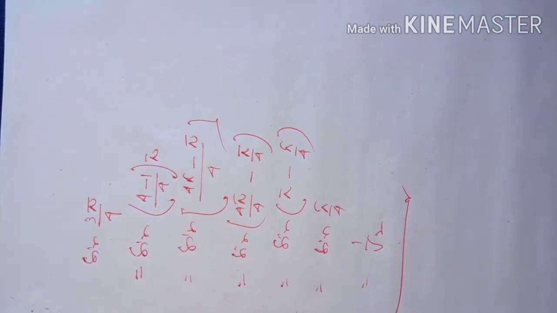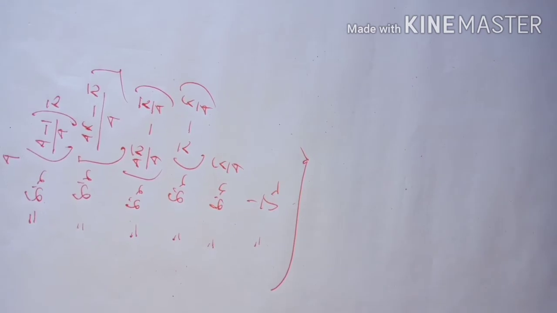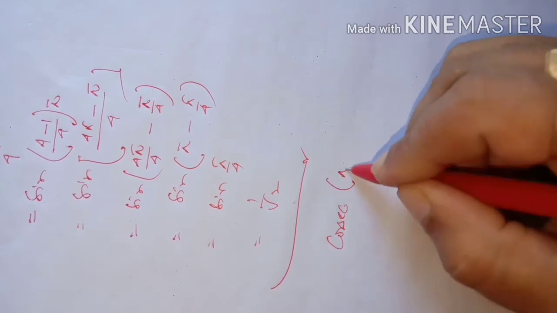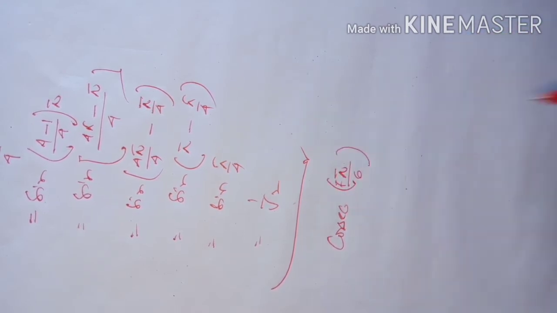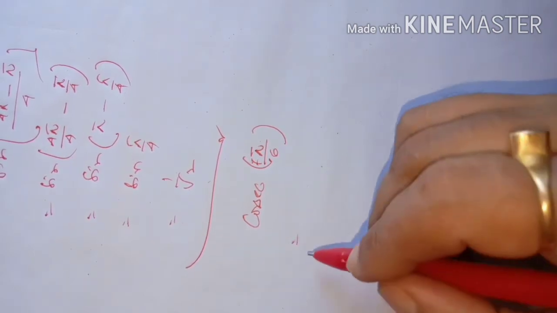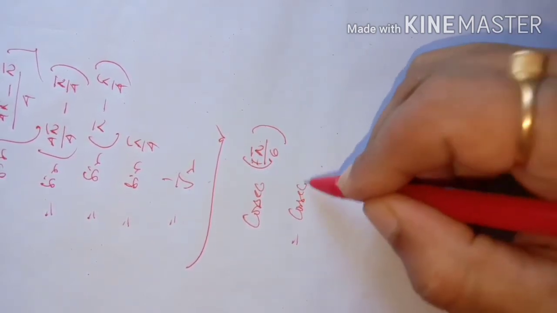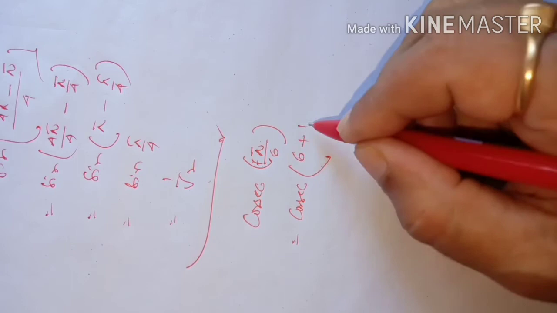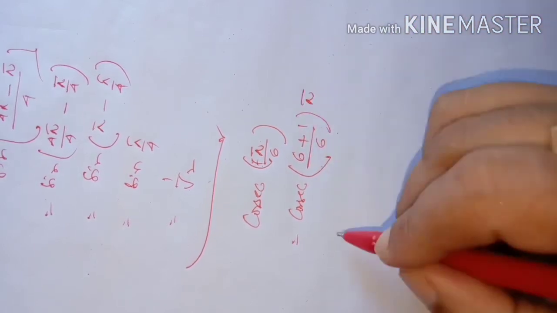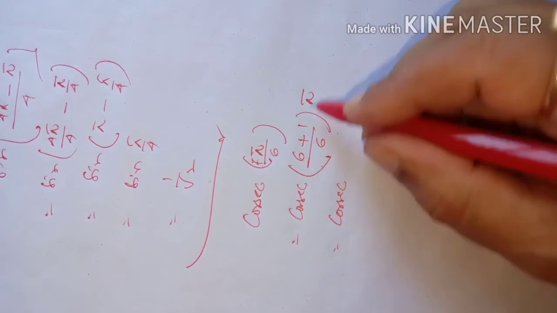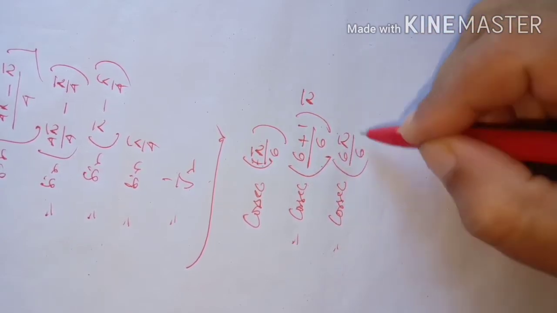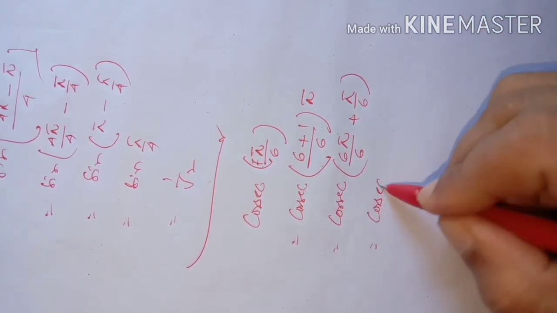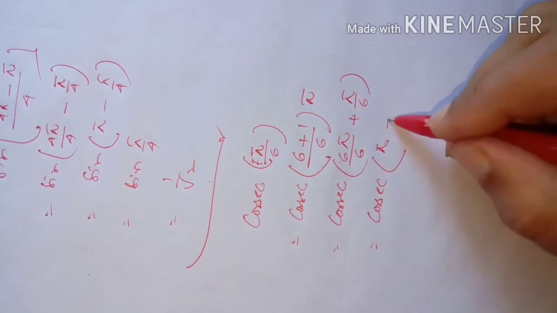So we will take one expression of that kind, where the numerator is larger than the denominator. Suppose this is the term cosec 7 pi by 6. If we write the numerator in terms of the denominator, 7 can be expressed as 6 plus 1 by 6 pi. Now we can write it as cosec of 6 pi by 6 plus 1 pi by 6. This will give us cosec of pi plus pi by 6, the 6 cancelled.